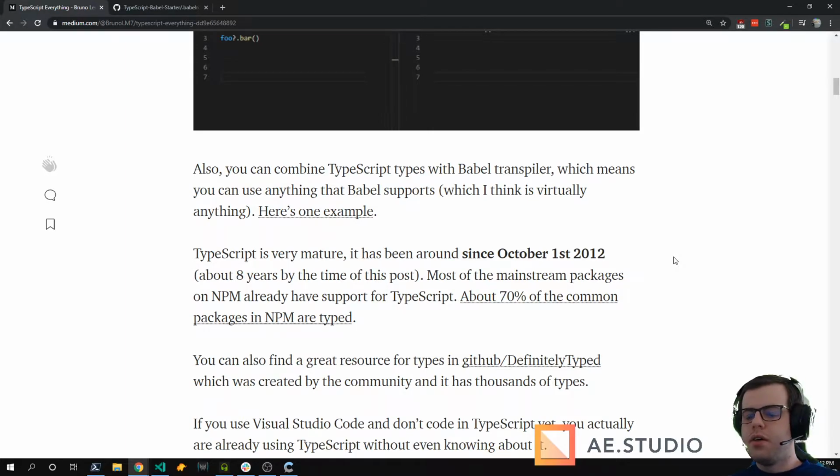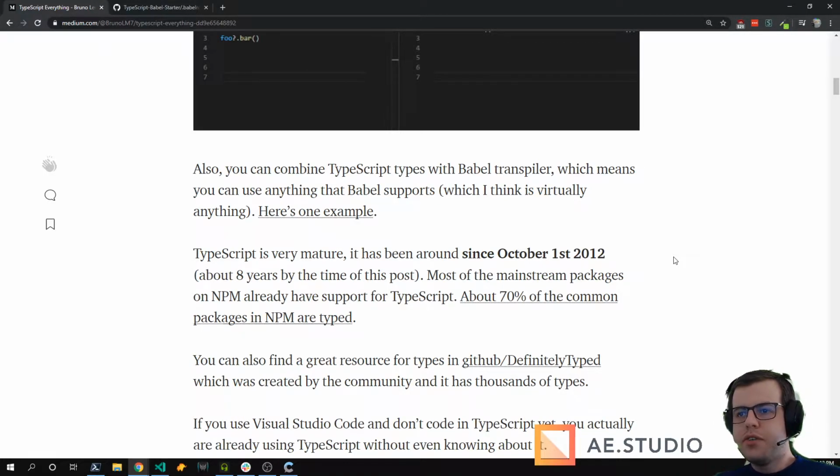It means that the packages that everyone uses have TypeScript. For example, Chalk, the package to put console logs in colors, has types built in.